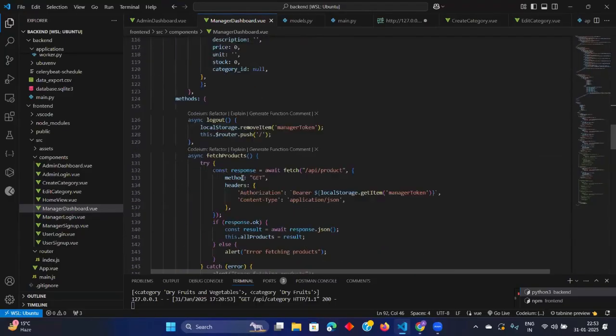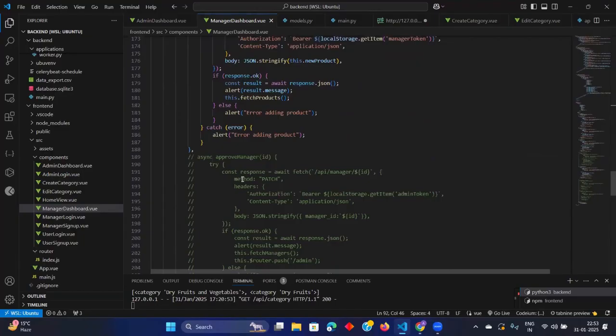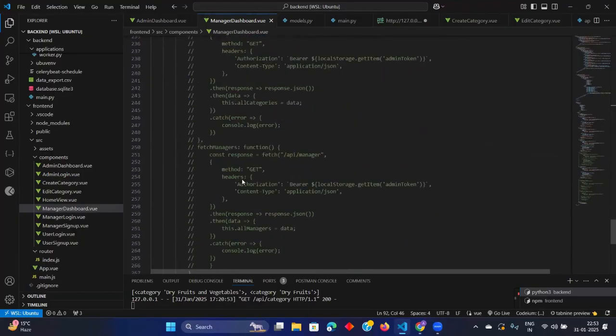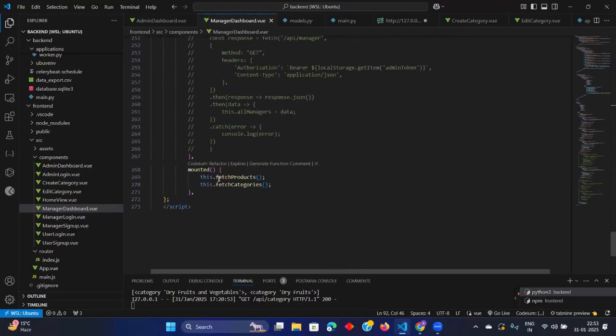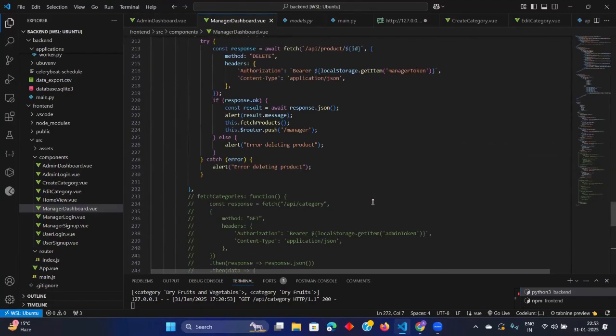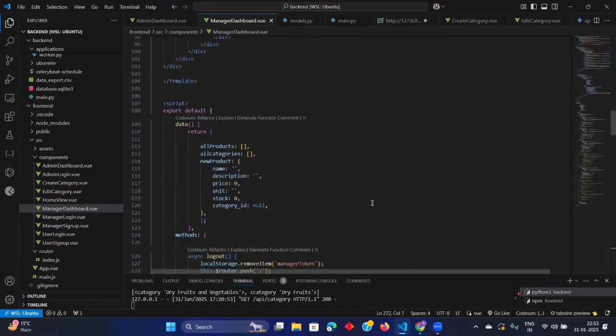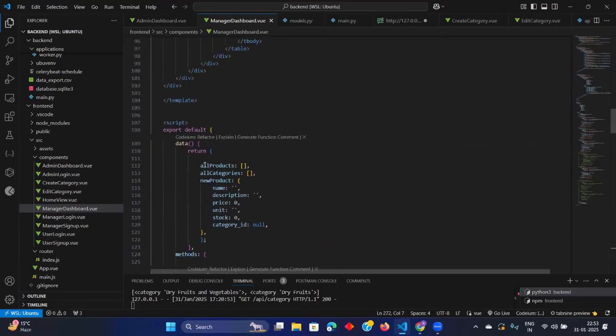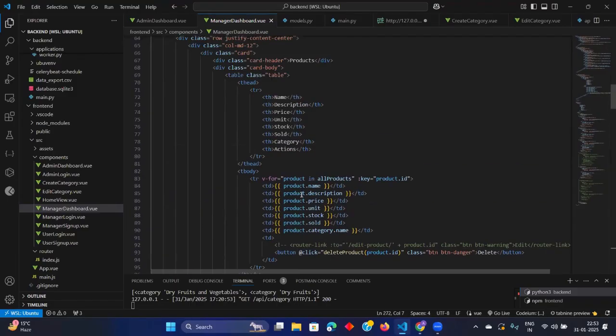We are also mounting this. In mounted we are doing fetch products also, fetch categories also. It is all products. Why is it not showing here?